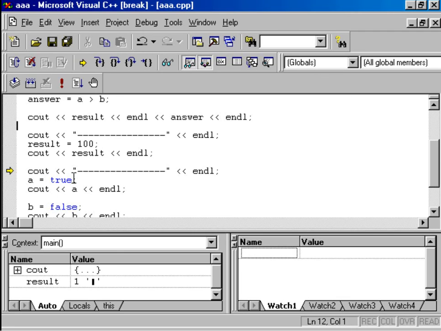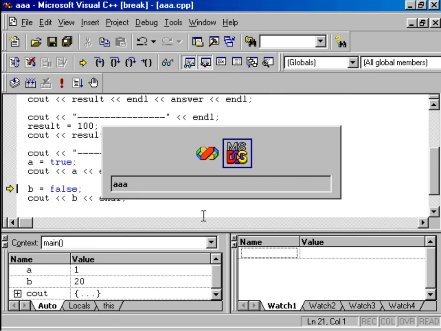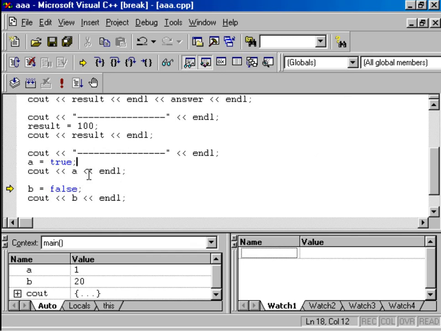So it is a Boolean type value we are assigning to variable A, and let us see what is the content of this variable A. Press Ctrl F10 and see the output by pressing Alt Tab. What is displayed? 1 is displayed. This means whenever we assign true to variable A, which is of integer type, 1 will be assigned to A, because true means 1 and false means 0.